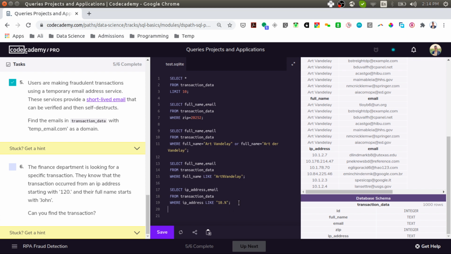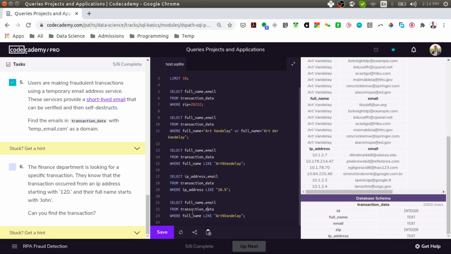So I believe it will be pretty much the same as this one. So let me copy this one. So they just want the emails from transaction data where